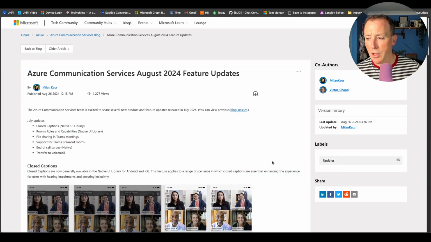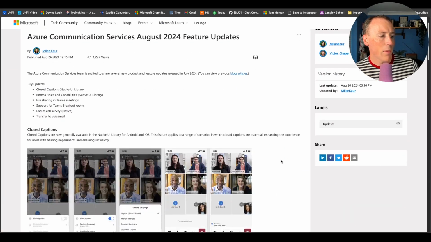Other things that are happening. The Azure Communication Services folk have done another monthly blog post talking about the things that they've been doing in August. There's quite a few things to go through, so I'm not going to go through them in loads and loads of detail here. Lots of good functionality. Again, this is really mirroring some of the things that you've seen happening in Microsoft Teams, and I've talked about this lots if you've been to any of my talks, you'll know that underneath Microsoft Teams,